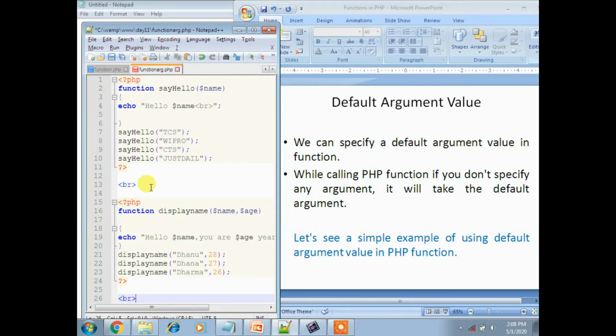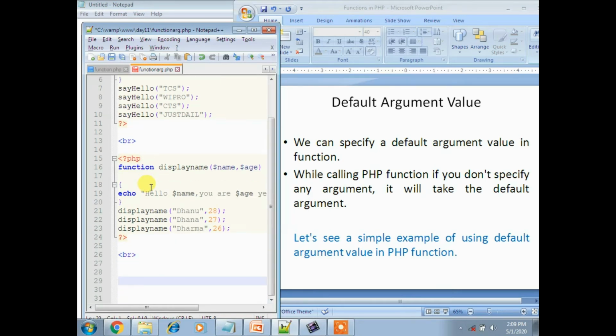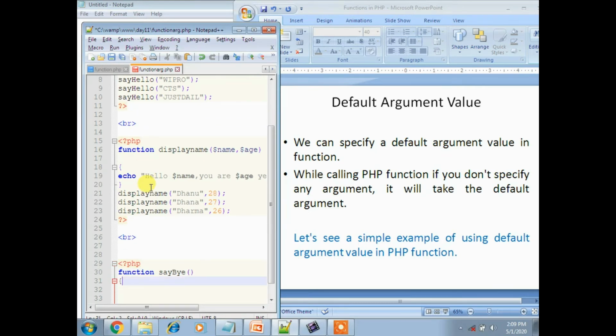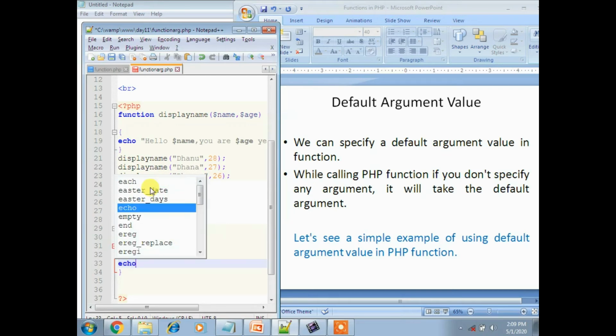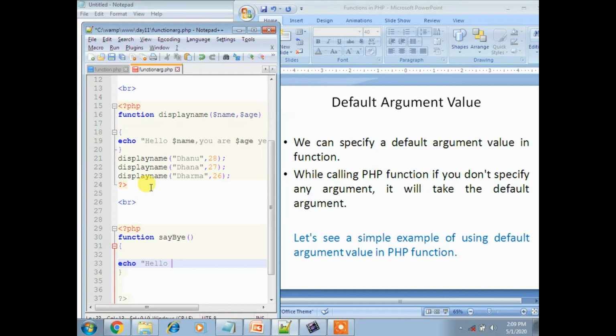I'll run this program here itself, and let's see. Question mark PHP, and then function, function say_bye. Now for this function, open and close curly braces, and then here we have to use the echo statement, echo hello, and before that we have to pass an argument.